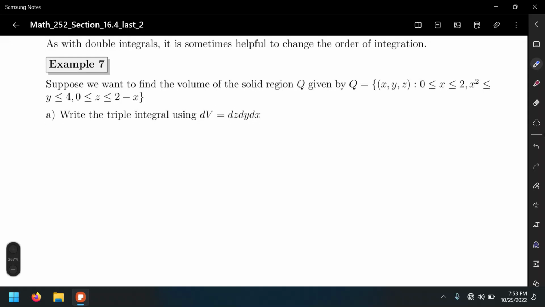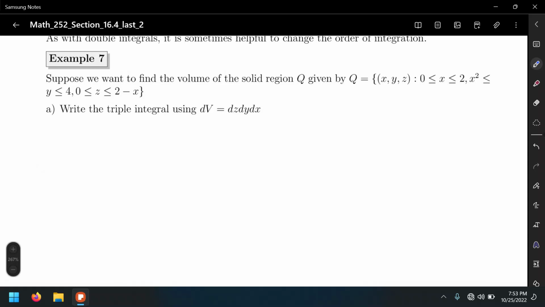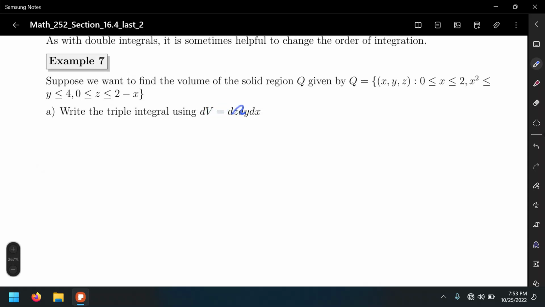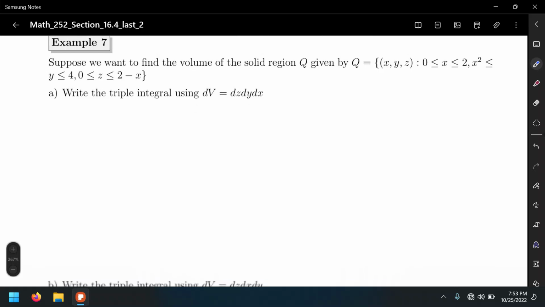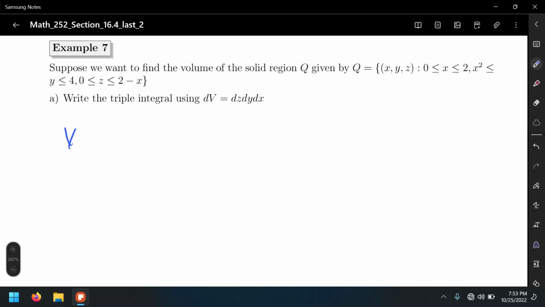So in this case, let's find the integral that will compute the volume using the order dz, dy, dx. We have this region, x varying between 0 and 2, y varying between x squared and 4, and z varying between 0 and 2 minus x. All right, so volume equals,